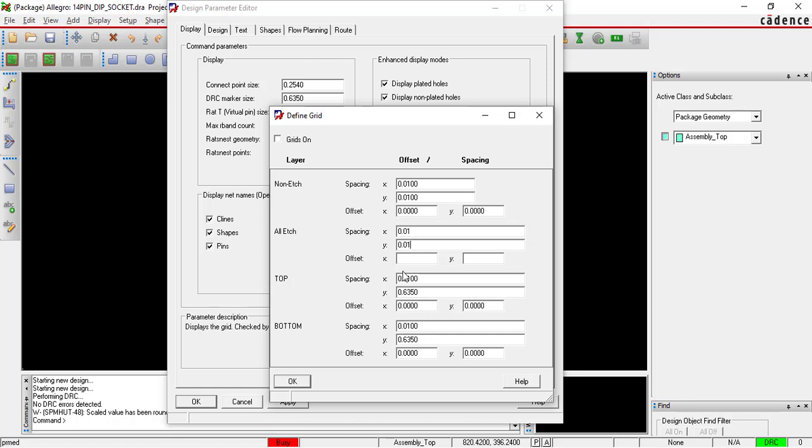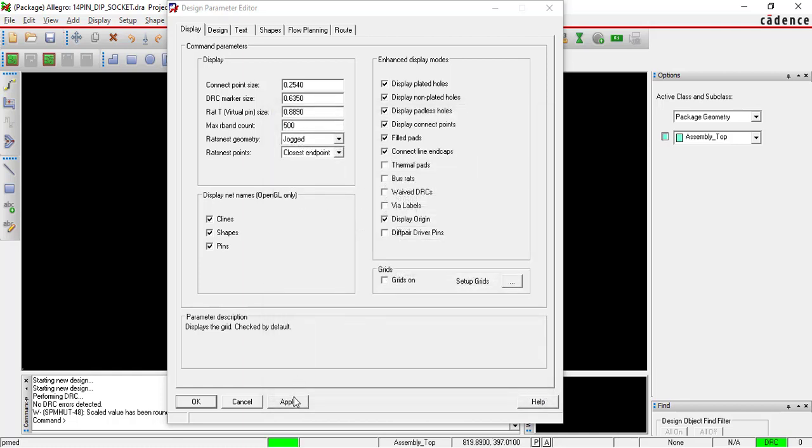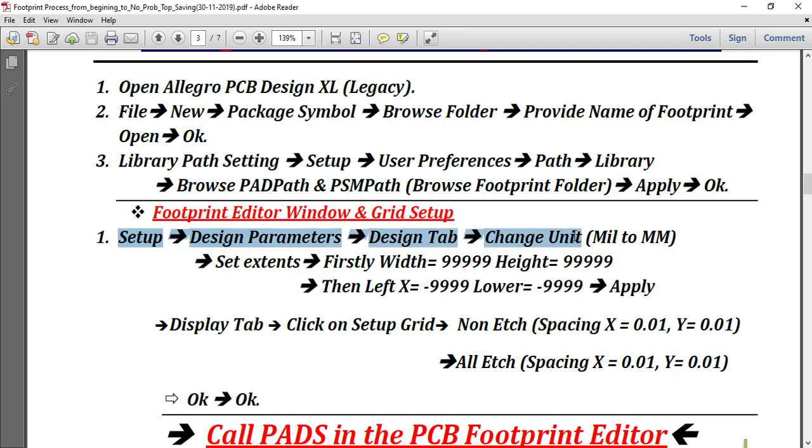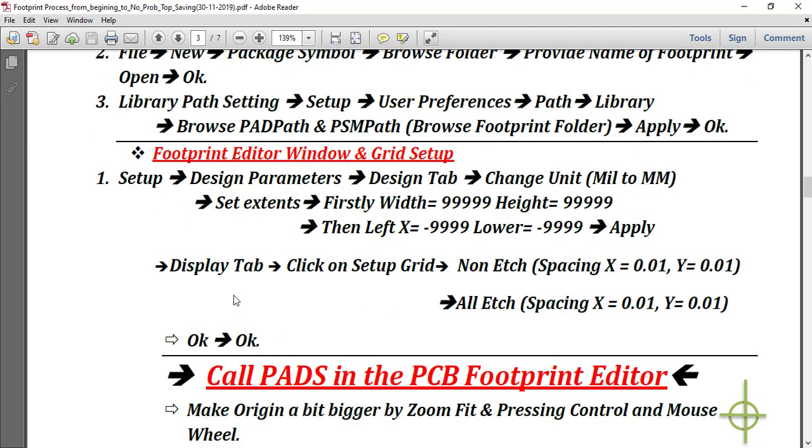No need to touch top and bottom, it will reflect from all etch to all. Now we click OK and apply again. We have set our extents.